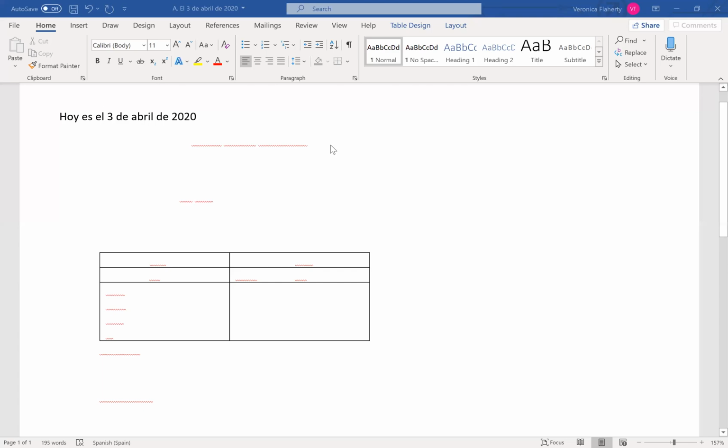All right, hoy es el 3 de abril de 2020. And our topic today is los pronombres directos, which in English is direct object pronouns. So I don't know if you guys feel the same way, but when I was learning Spanish and then later Italian, I feel like I learned most of my grammar in my foreign language classes. I learned more about parts of speech and how speech works through foreign language than I ever learned in English class. So we're going to be looking really at just grammar today.